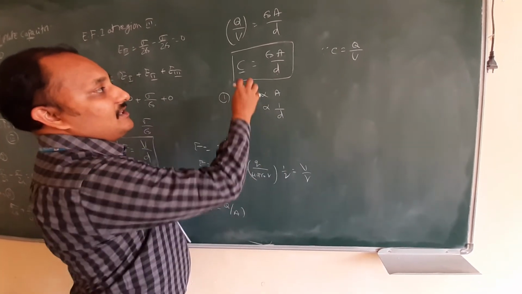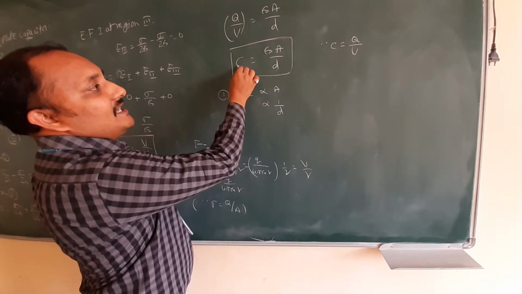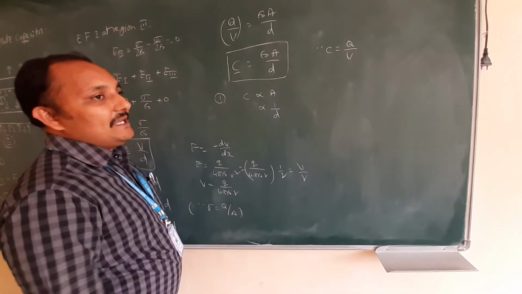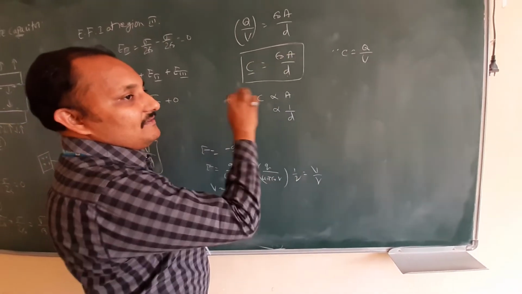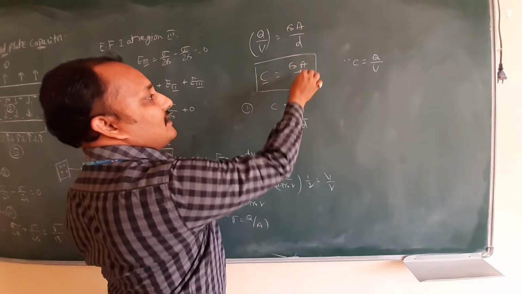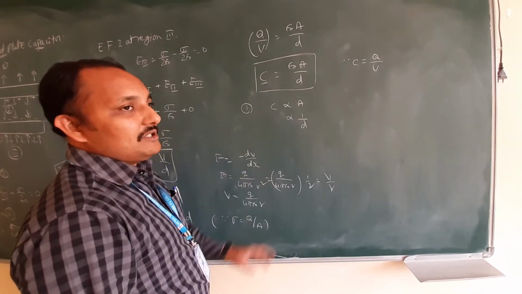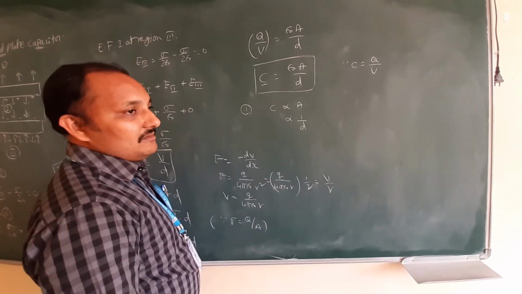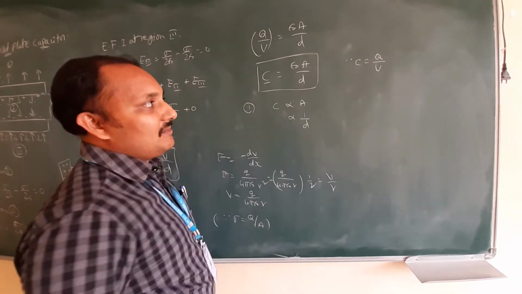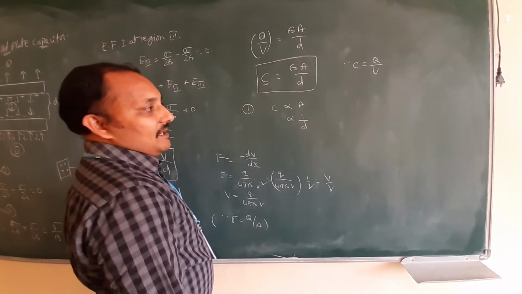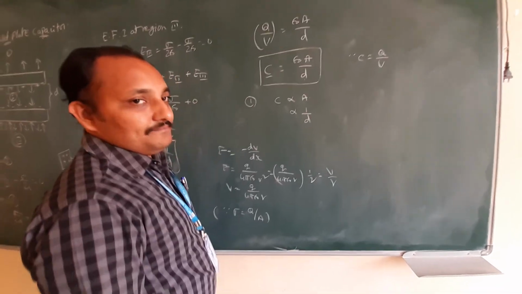Before going on to that, they will ask problems on this equation, C equal to epsilon naught A by d. What is epsilon naught here? Permittivity. A means the area of the metal plate, d means the separation between the two plates. So C is equal to epsilon naught A by d. If you write it two or three times, you can remember this formula. They will ask problems on this formula also. Last year they asked some problems on this. They will give the separation and area and ask for the capacity value.